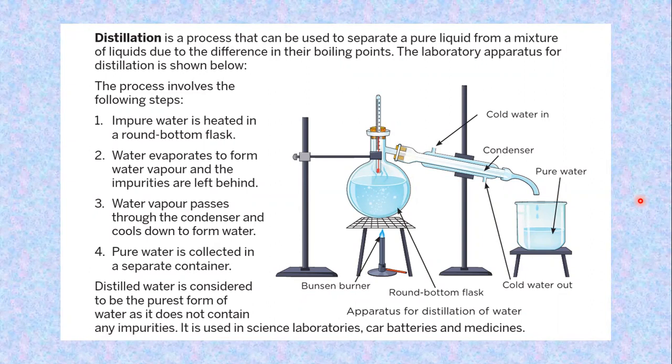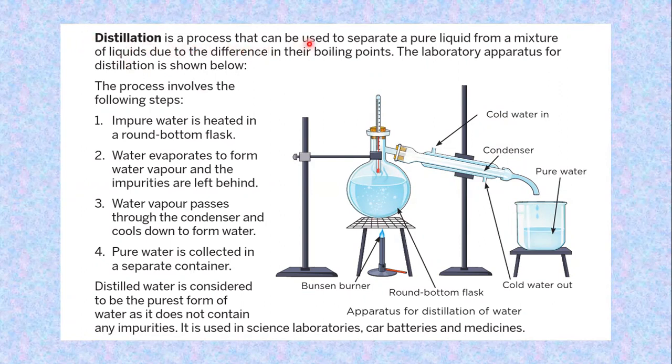So basically the concept is very simple. My water, I boiled it. The vapors flew away. I lost them. What if I could trap those vapors and condense them and make them back into water? I'll get my water separate and my salt separate. So that is done through an apparatus called the distillation apparatus.